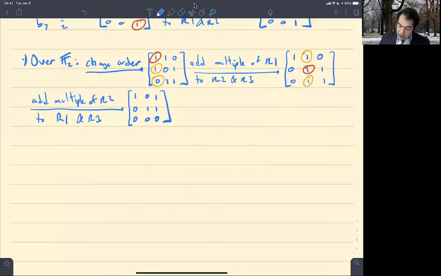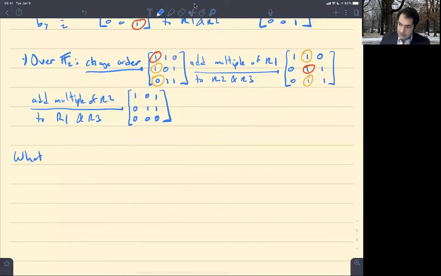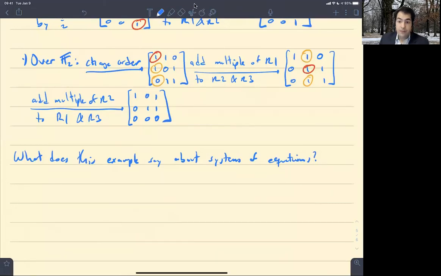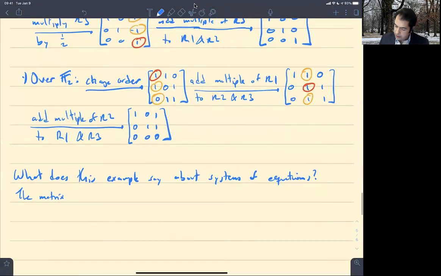What does this example say about systems of equations? Okay, well, the matrix, so let me write it like this. The matrix that we started with, right, this